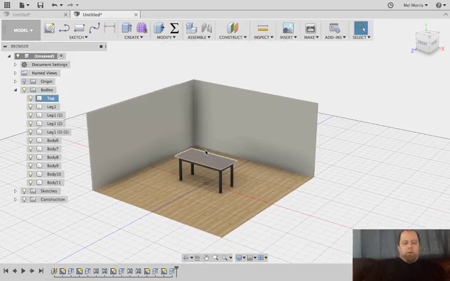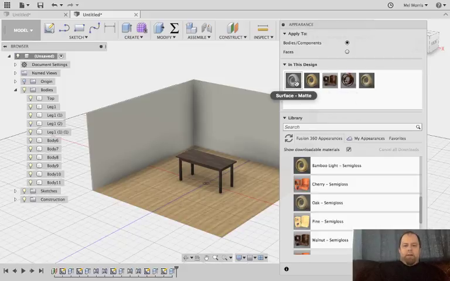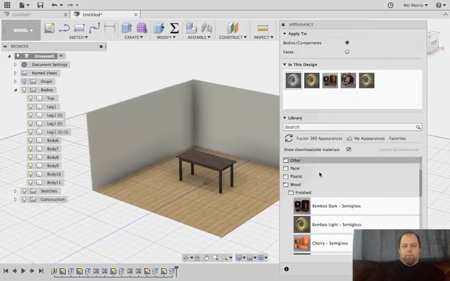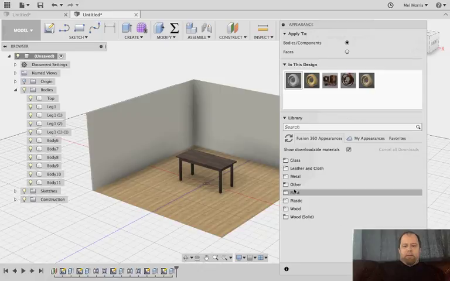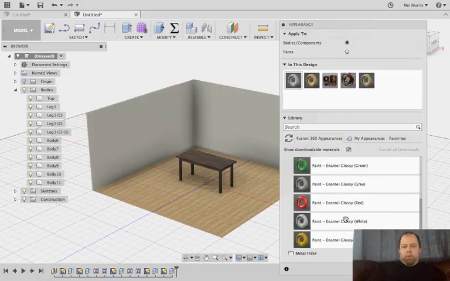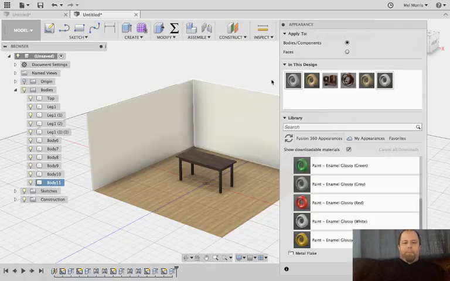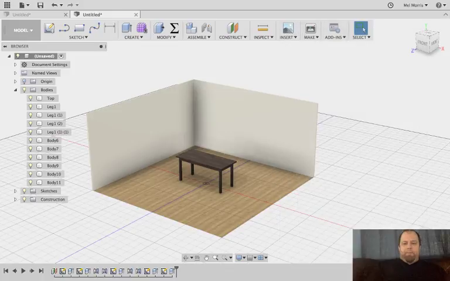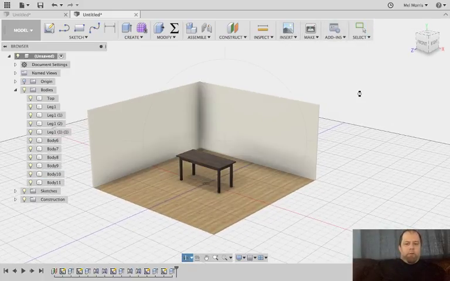We can paint the walls. So go back into A. Scroll down. I want paint. So I want probably a white paint just so it shows up in the model better. So we painted our walls. And we can also, see, I want to make sure